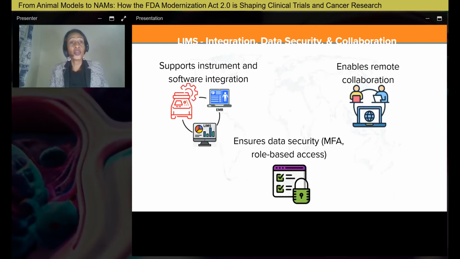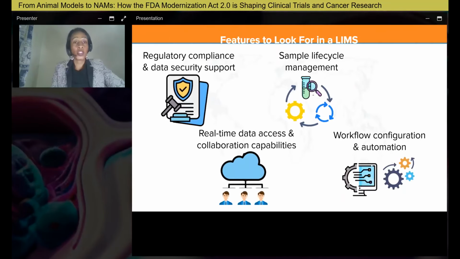So at this point, we want to look at what features you should be looking for when you're choosing a LIMS to support your lab as your lab makes the transition or tries to implement the changes that have been introduced by the FDA Modernization Act 2.0. And you're going to be looking at 7 key features. The first one, of course, is a LIMS that offers robust data management capabilities. From the time samples are registered in your lab, the LIMS should be able to record all the data and metadata attached to these samples,